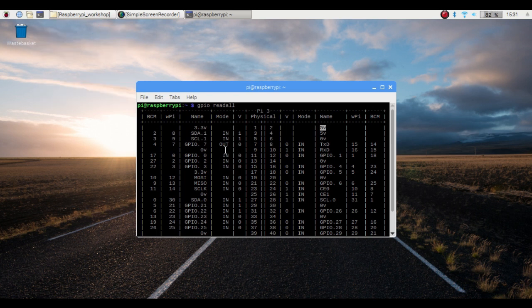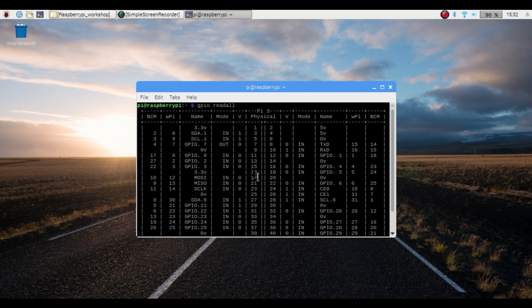Similarly, if you want to use any pin as GPIO, first you have to search in the name column which pin is declared as GPIO. Do not focus on the WPi number, just focus on GPIO. After that, take the same row in the physical column. So pin 7 we can use as GPIO, likewise pin 11 and pin 15.